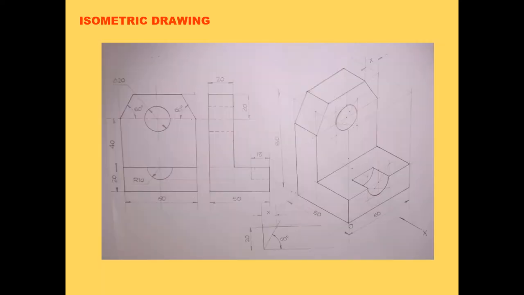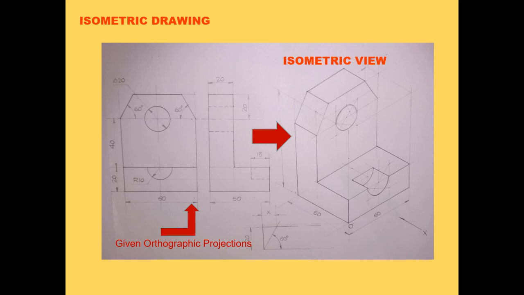Let us understand the second example. In this example also, these are the front view and side view, either left hand or right hand side view, of the object, hence we call them orthographic projections, and these orthographic projections are converted into such an isometric view. So this is just one example of what an isometric view problem is like.